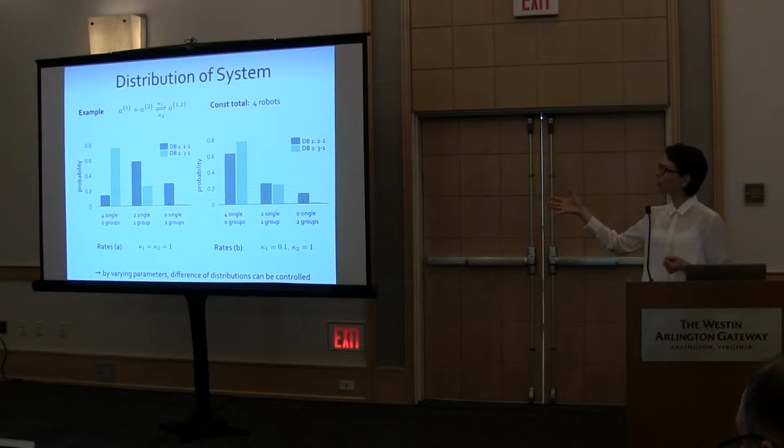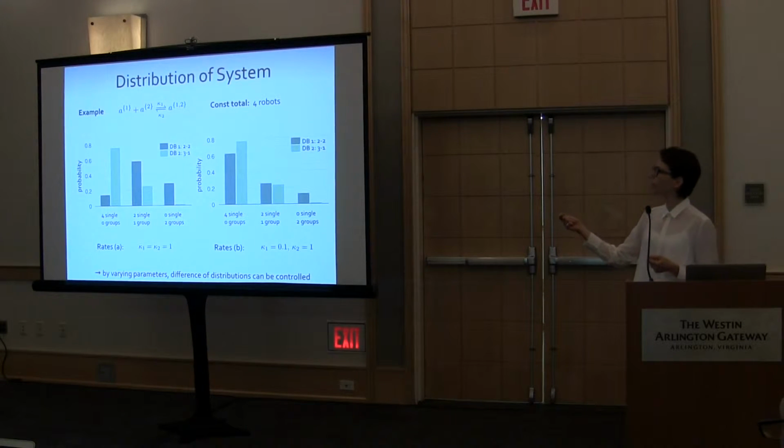And you can see that for the propensity rate kappa 1, kappa 2 equal, there is actually quite a large disparity, in particular for the first value on my x-axis, which is the state where I have 4 single robots and 0 groups of 2. Now on the right-hand side, I'm actually changing the value kappa 1, which represents the probability of my different robot species to come together and interact. So if I reduce this probability to a very low value, 0.1, you can see that the disparity at the first value on my x-axis, so 4 single robots and 0 groups of 2, is now reduced, so that the probability in this state here is much more similar for both databases.